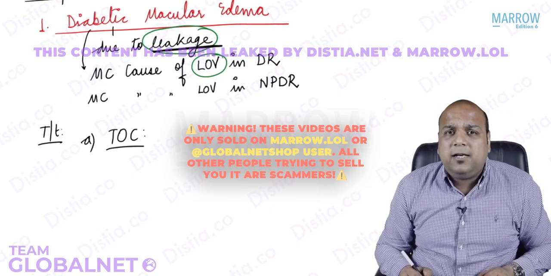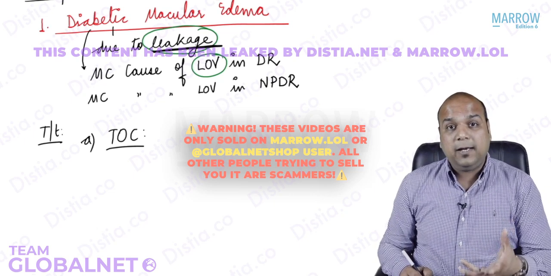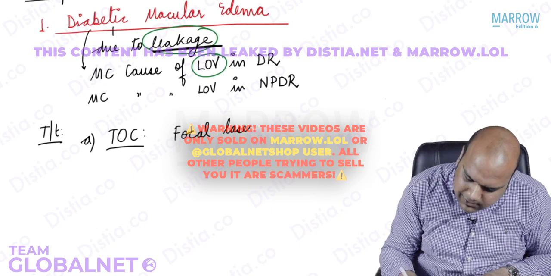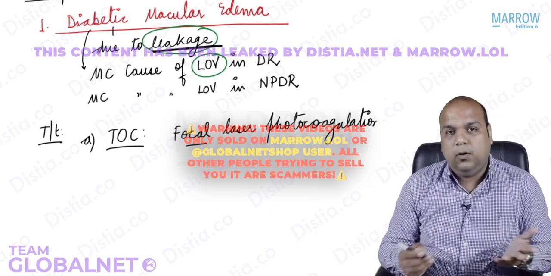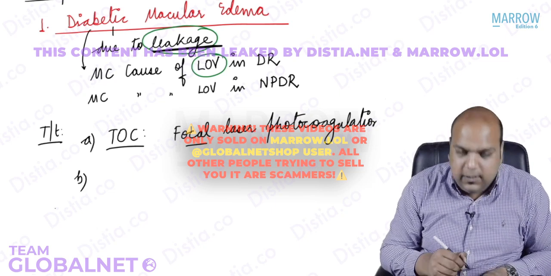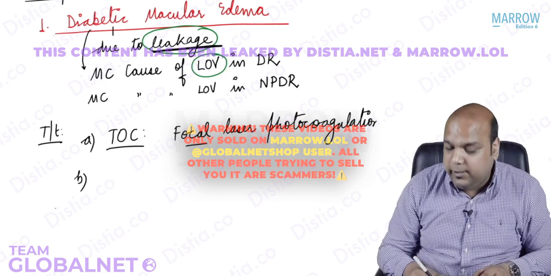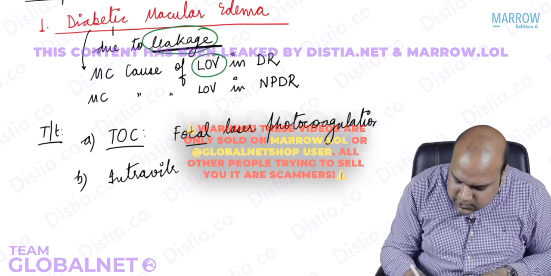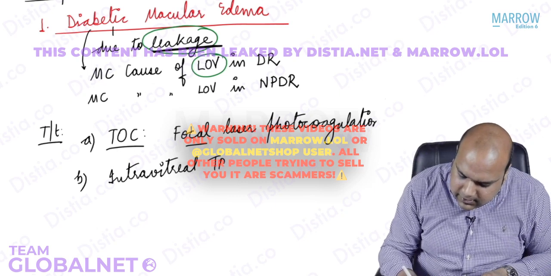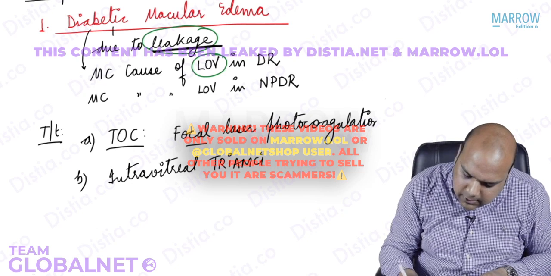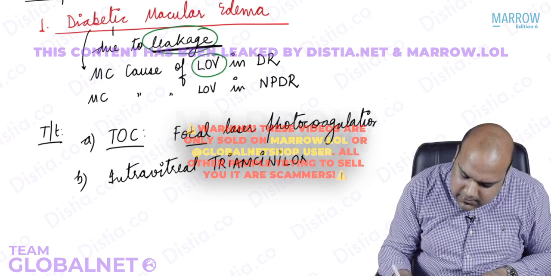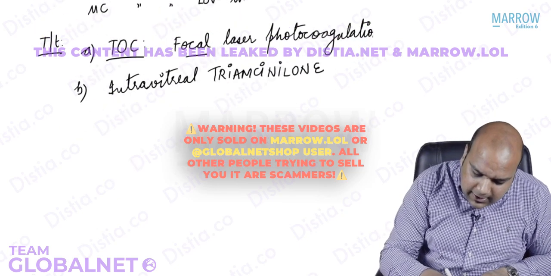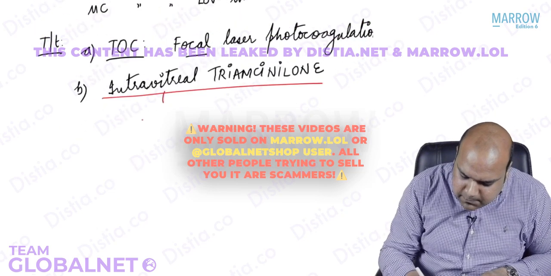But will I do pan-retinal photocoagulation? No, everybody, we are talking about macular edema. That means I will do focal laser photocoagulation. Okay, focal, obviously. But we have other options. Think about cystoid macular edema. We had said we can use steroids. So if we have intravitreal triamcinolone, then it also becomes a treatment. Triamcinolone is a steroid. Intravitreal triamcinolone is preferred